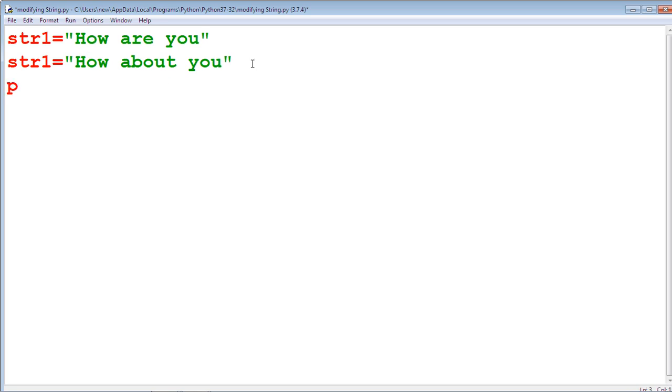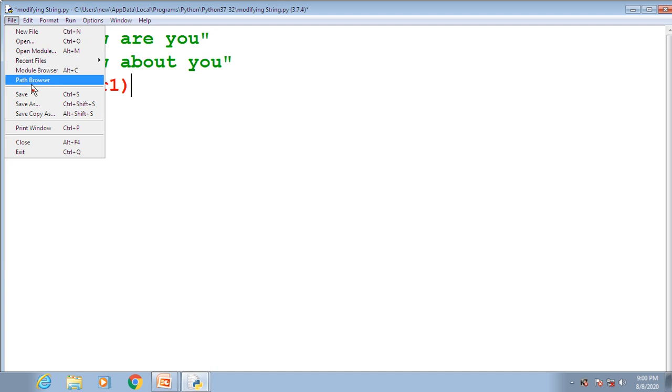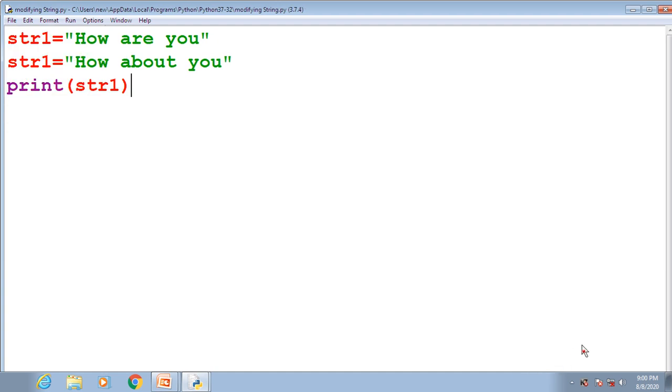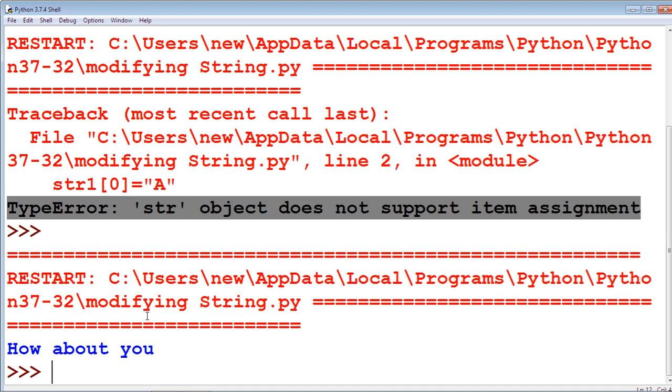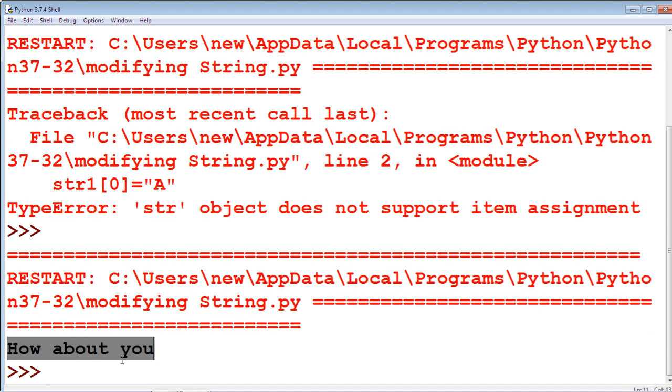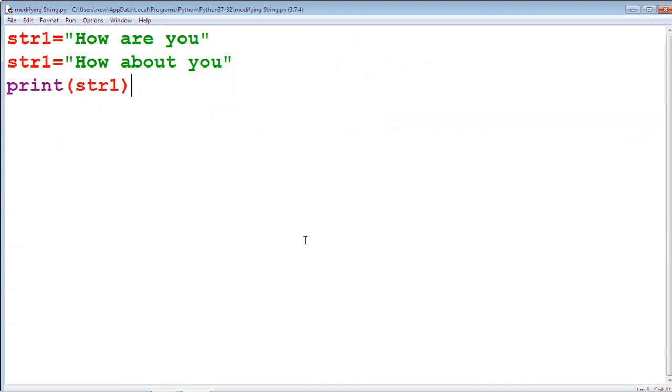Now print str1. Now this modification is allowed. Save the program. Run module. Now you get the result. How about you? This modification is allowed. So only entire modification is allowed.